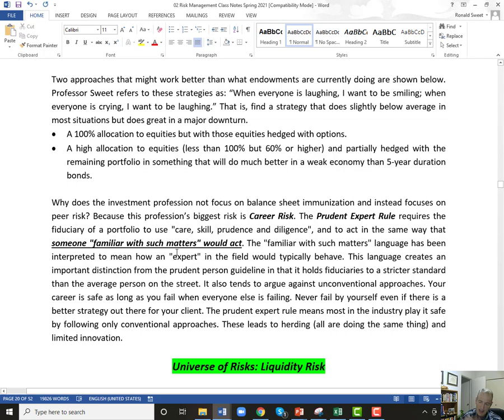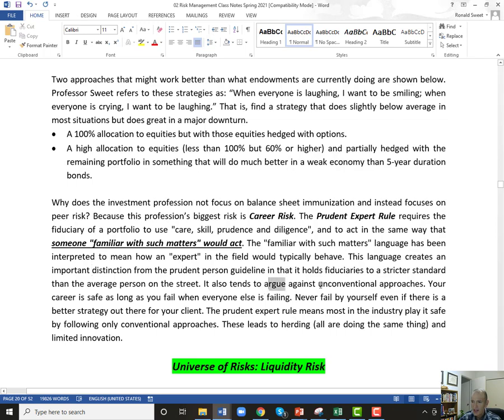That's why when I immunized USA's pension plan, there was a lot of stress there. I was doing something almost no other pension plan in the entire US was doing. And so if something had gone wrong, my own personal liability risk would have been tremendous, even though I believe that's the place they should have been, and it made the most sense. I was taking tremendous career risk because I was doing something I thought was right, but was not the normal practice out there. And it's still not the normal practice out there. So the language is important because it tends to make us all herd and do the same thing.